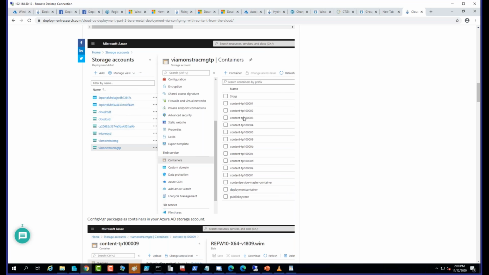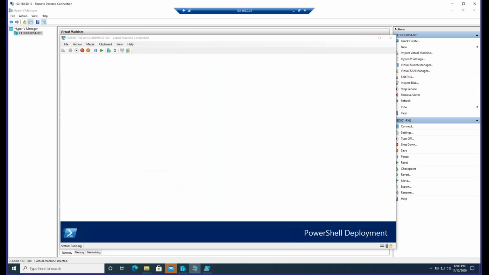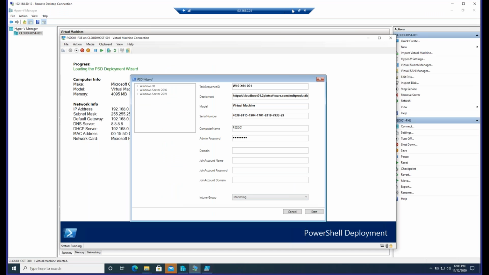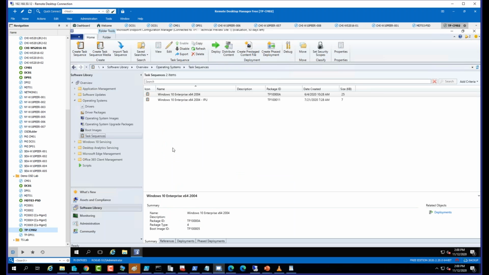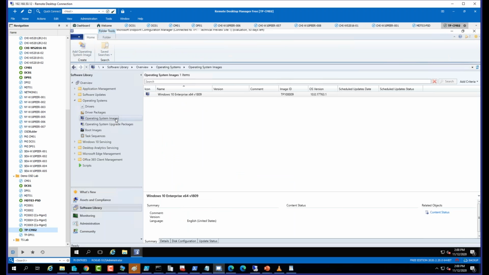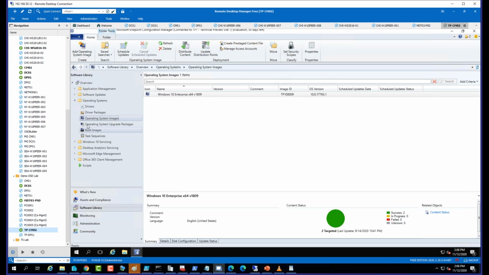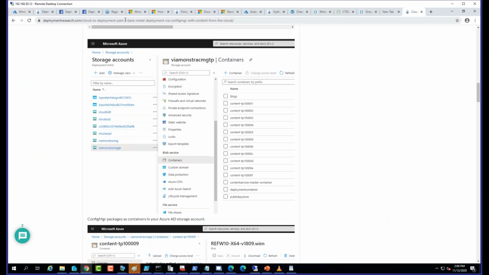Nope. All right. So from a setup point of view here, that was not a CMG, was it? You still need to prep your usual images, and I recommend not dealing with driver packages, but instead go ahead and create legacy applications for drivers, because as we talked about before, when doing deployment over CMG, that's going to be no fun. So with that in mind, if I go back here,